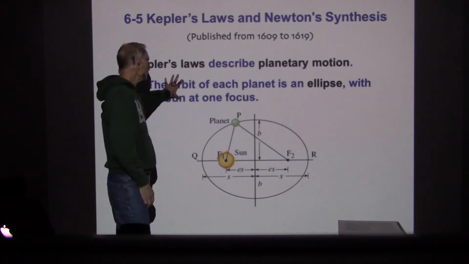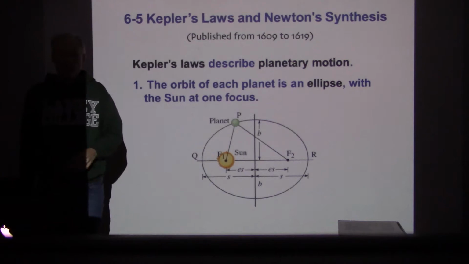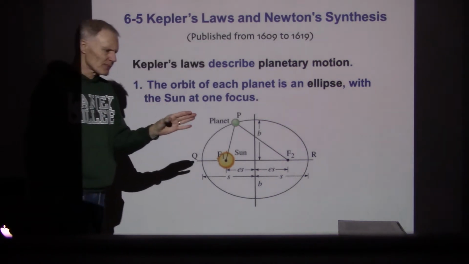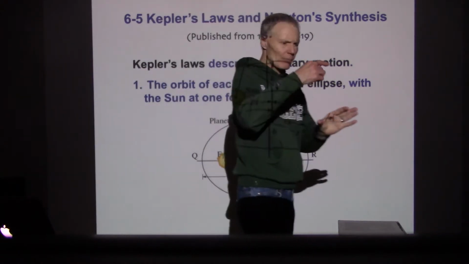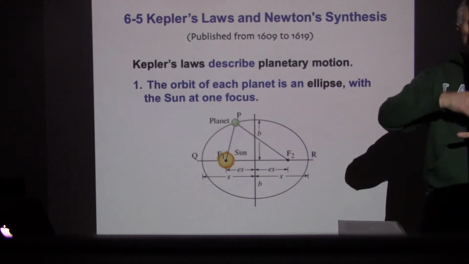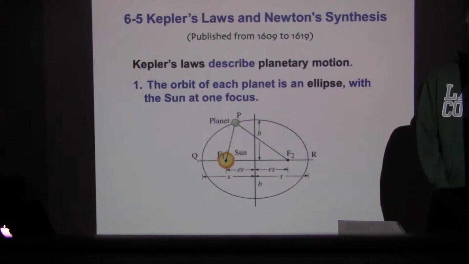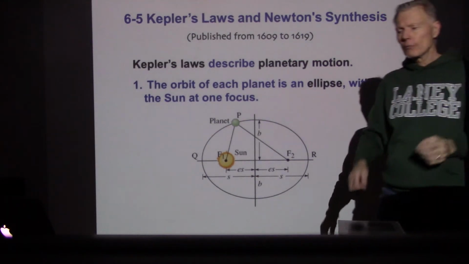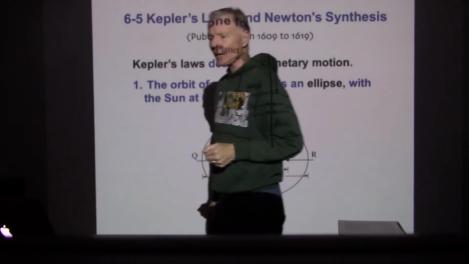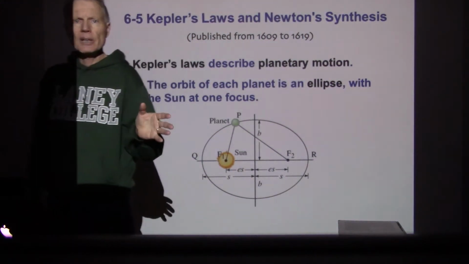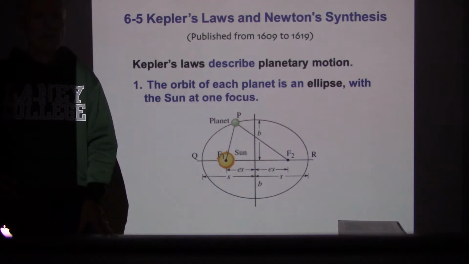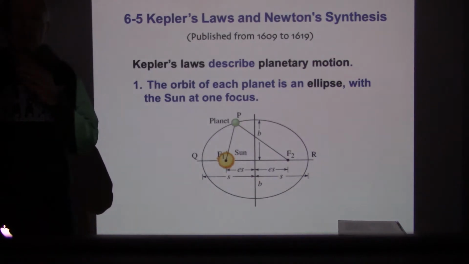Now, what happened when Copernicus did that is that you could make predictions. You could say, okay, let's put the sun at the center of the solar system. Let's have all the planets in circular orbits orbiting the sun, and then you could predict the motion of the planets from one night to the next. Where will the planet be? Where is it going to be the next night? And it didn't quite match up. It was a very good approximation, but it didn't quite match up. And so